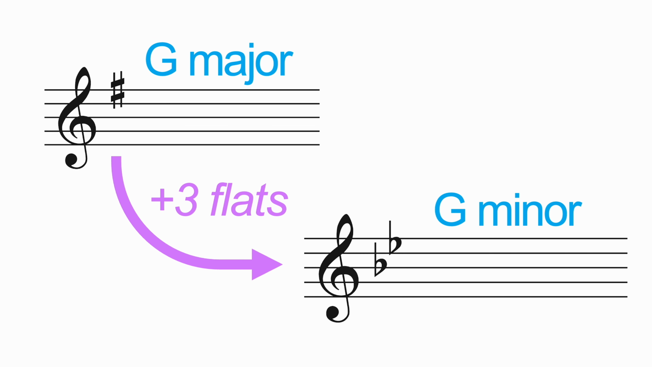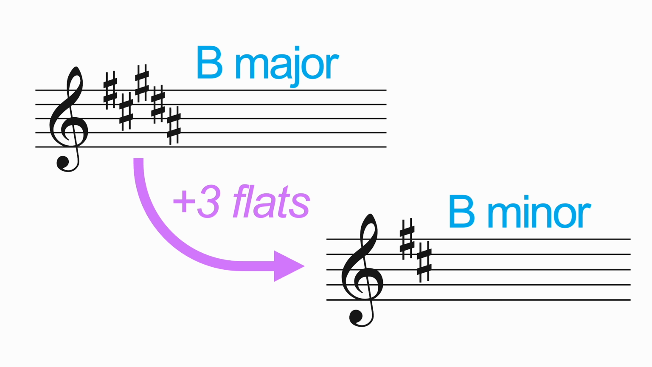So this also works when I have sharps, right? Because a sharp and a flat are just going to cancel out. So if I have G major with 1 sharp to start and I add 3 flats to the mix, then I'm going to be left with 2 flats. Or even B major that has 5 sharps, right? Same kind of thing. The 3 flats and 3 sharps will cancel out, and I'm just left with 2 sharps